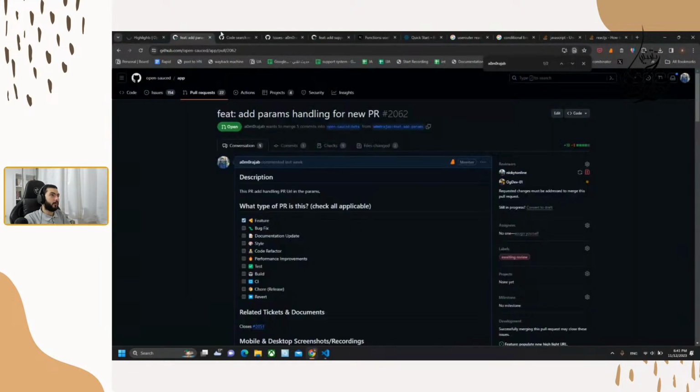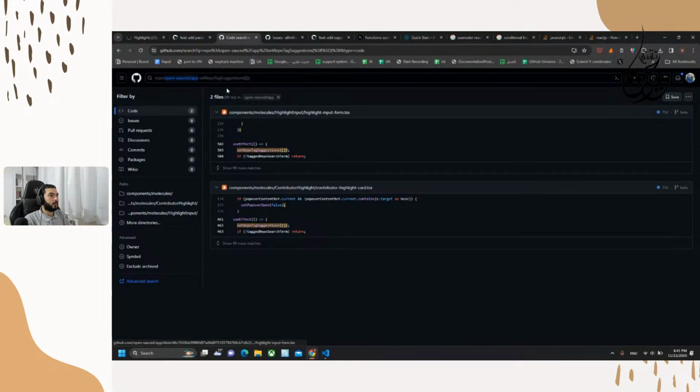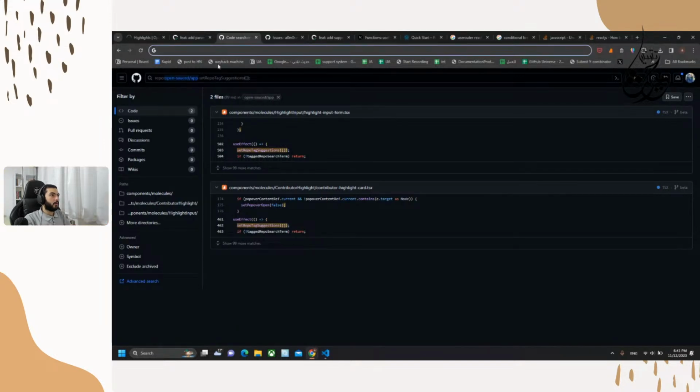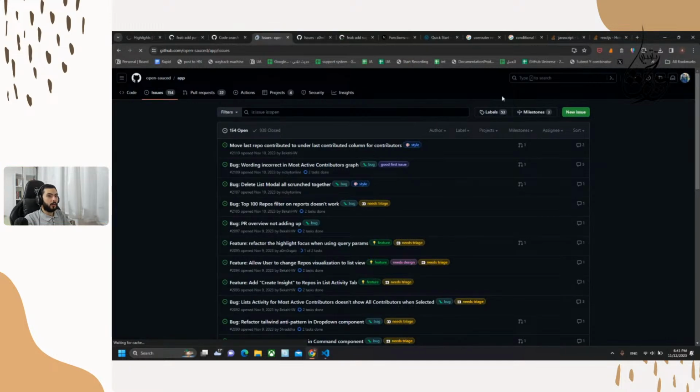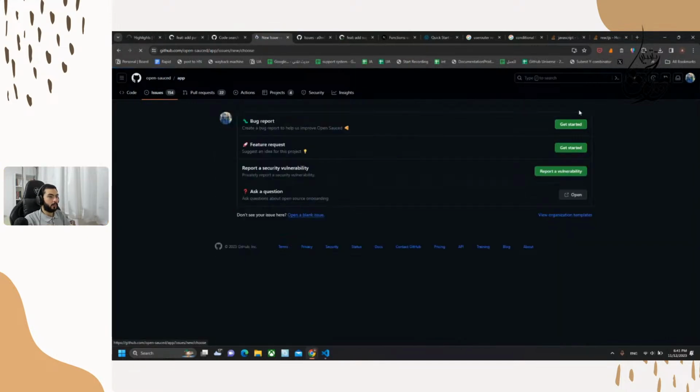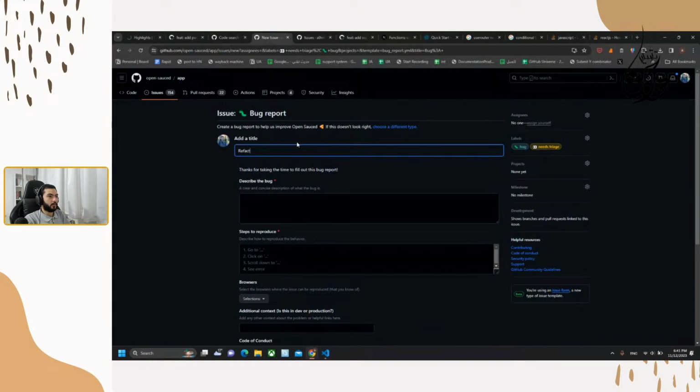While we are waiting for that, let's just go and open an issue for refactoring this area of the code, which I think could be a bug. Let's refactor the input card and form.